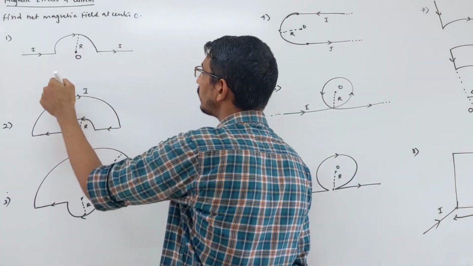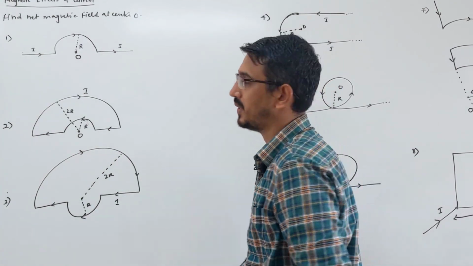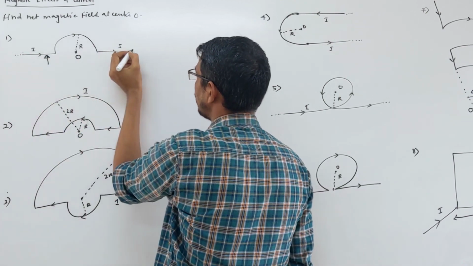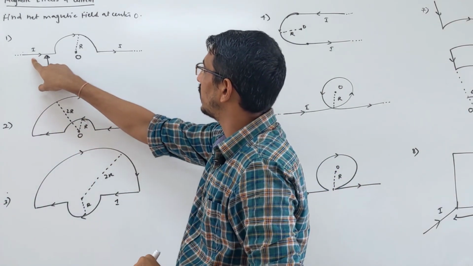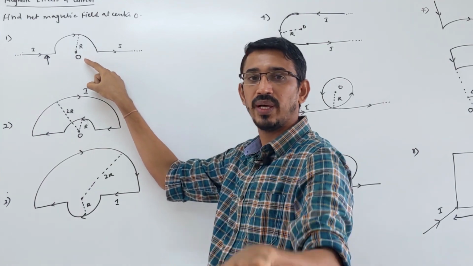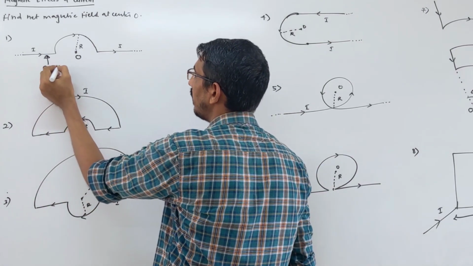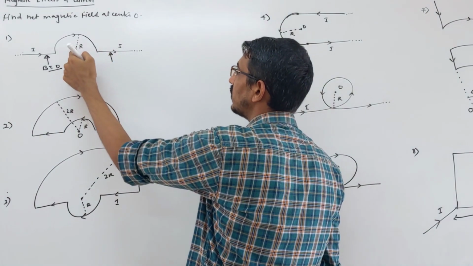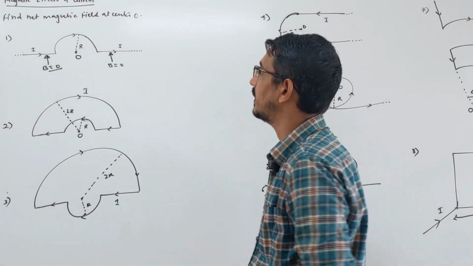Look at the first problem. This is center O. What is the net magnetic field due to this structure at center O? You can see here 3 types of wire, 3 parts. First look at this wire. This is a straight infinite long wire. Always when we talk about a wire in the general case, it means an infinite long wire. For this wire, this point is along the length of the wire. Remember from the last lecture, if any point is on the wire or along the length of the wire, the net magnetic field is 0. So due to this wire, the magnetic field becomes 0. Look at this straight wire. This point is also along the length of the wire, so due to this also the magnetic field is 0. Correct. Now what remains?